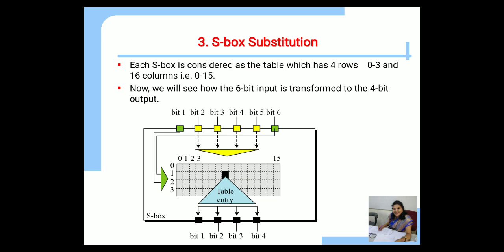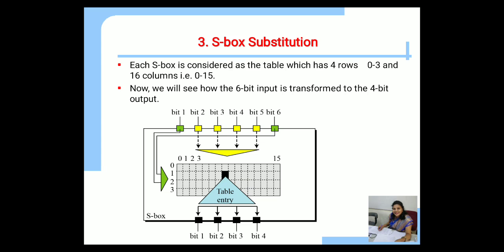So we generate one table. For S box there are a total of 8 tables, S box 1, 2, 3, 4, 5, 6 and so on. For each table we replace a block of data by other bits. Now see here, there are 0 to 15 columns, which means 16 columns for the 64 entries, and the row numbers are 0, 1, 2, 3.